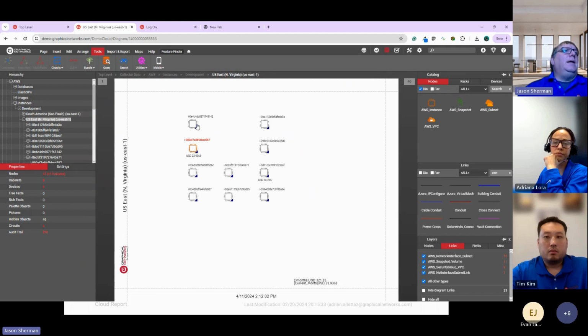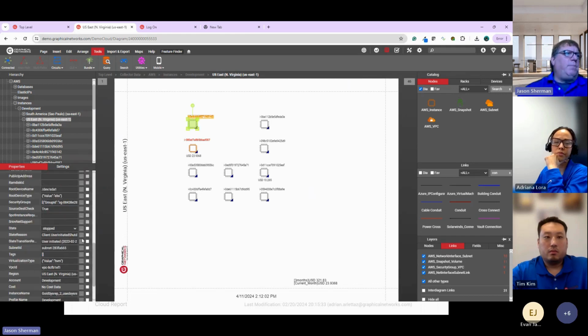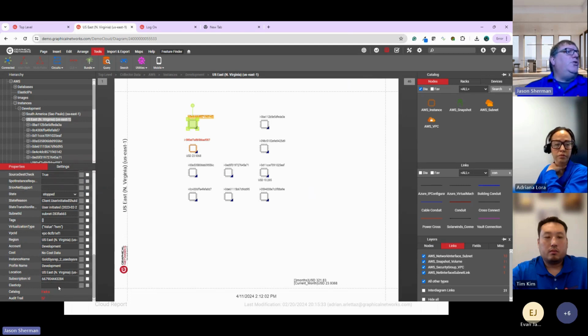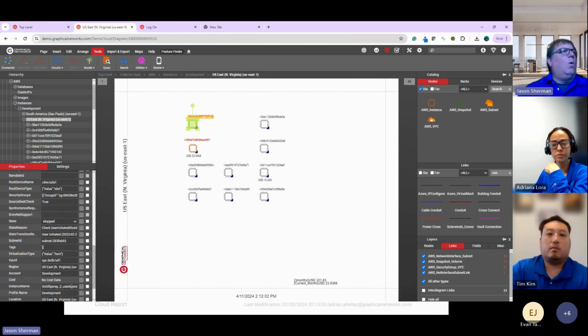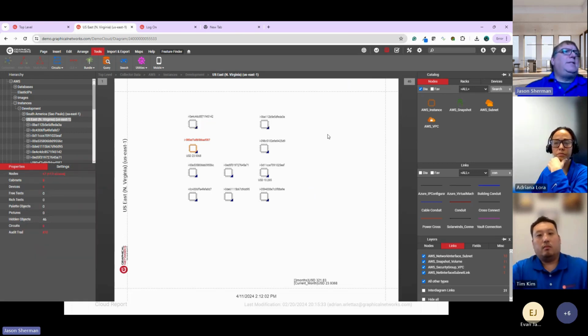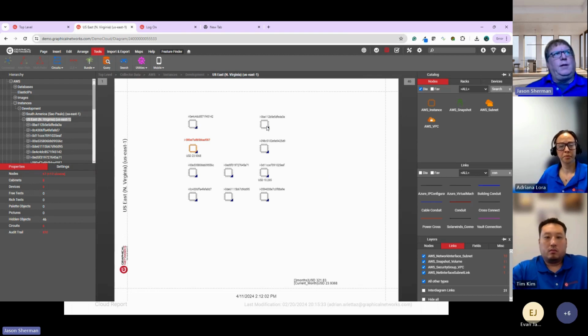At least in here, you can click and get all the data points about the instance. If you are using things like an instance name or the tags and so on, you can display all that information in our tool as well. So it can help you not only visualize, but also get to the information quickly and see things pretty fast too. You're like, how many things are running in US East? Well, everything but one right now.